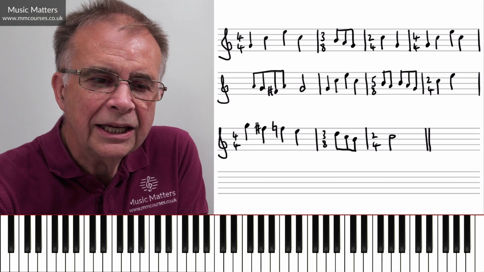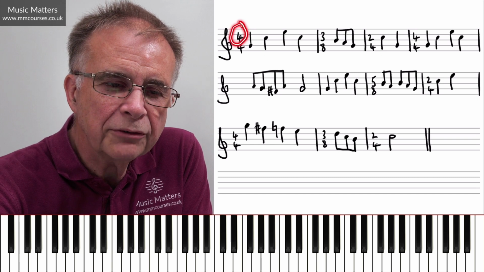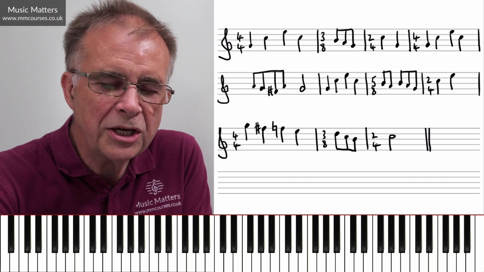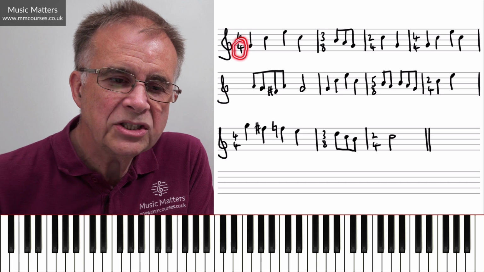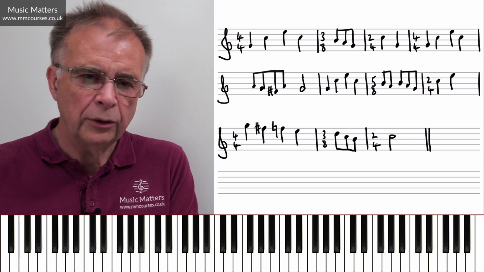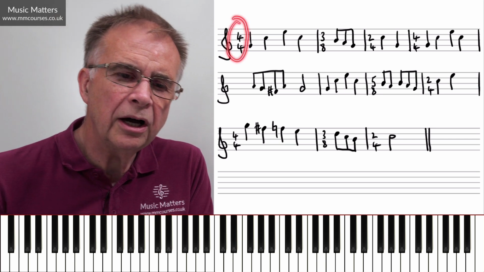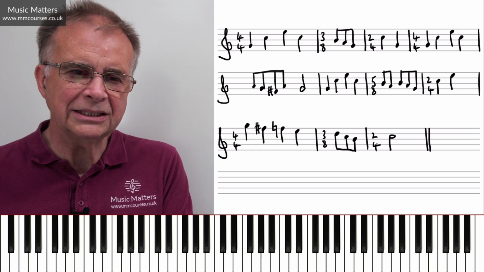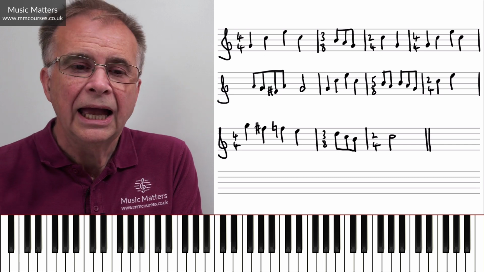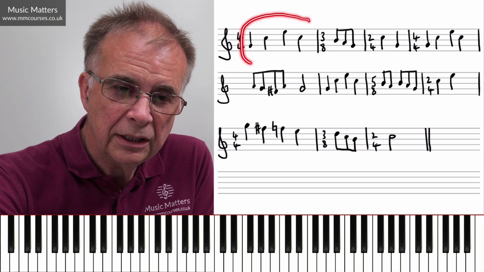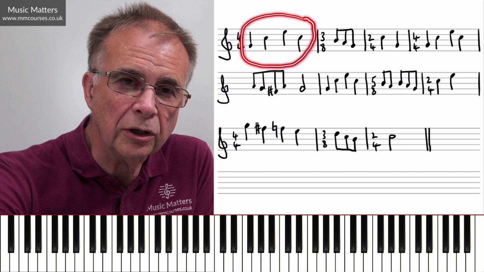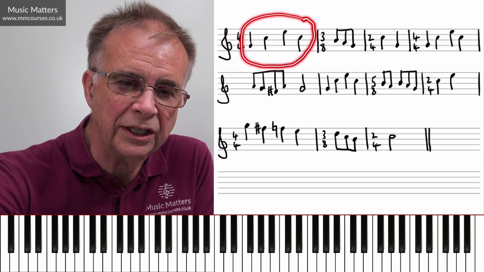So if we're looking at these time signatures, we start in 4/4. So the 4 at the top is saying there are 4 somethings in each bar or each measure. The lower number 4 is telling us that those somethings are quarter notes or crotchets. Okay, so 4/4 means that there are 4 crotchet beats in the bar or 4 quarter note beats in the bar or the measure. And I've purposely written this first bar so that that is absolutely obvious from the music, because that's exactly what we've got. We've got 4 crotchets or 4 quarter notes, haven't we?